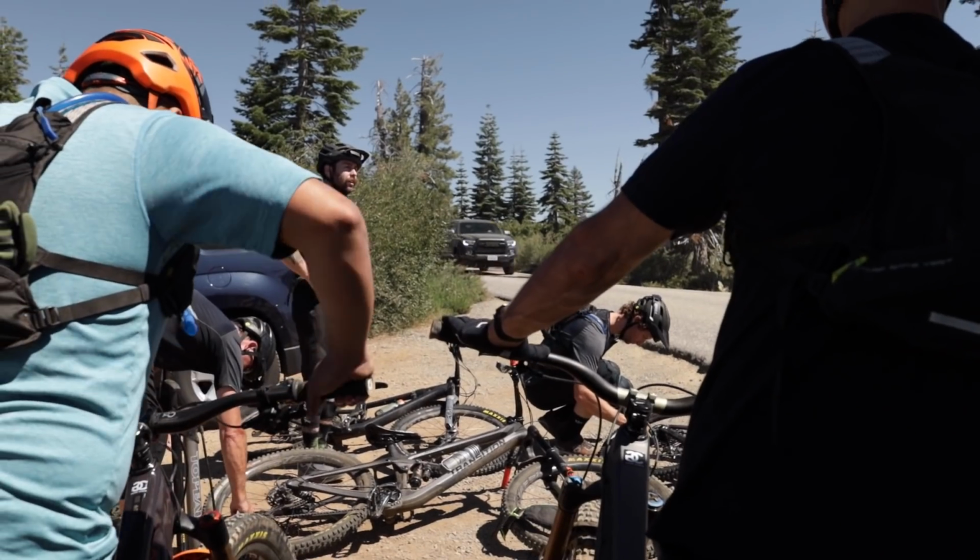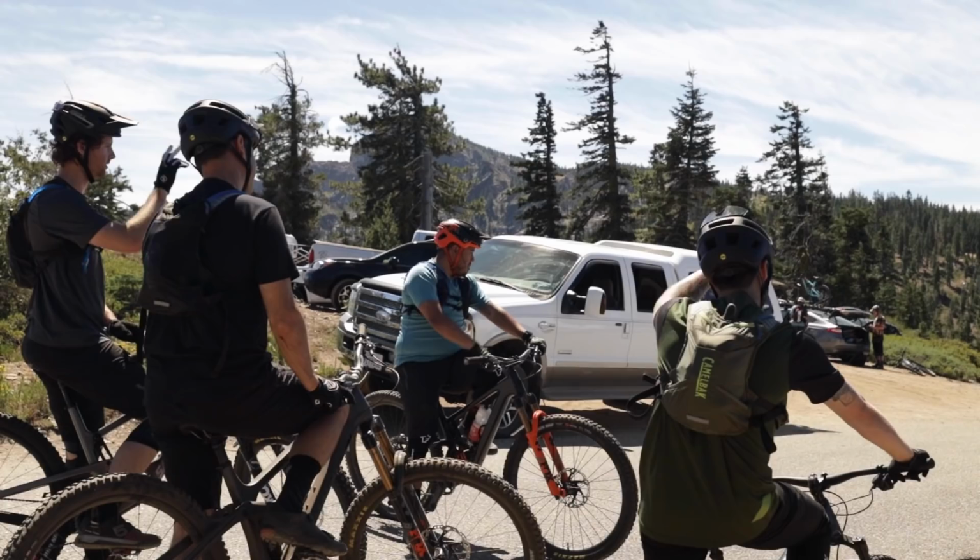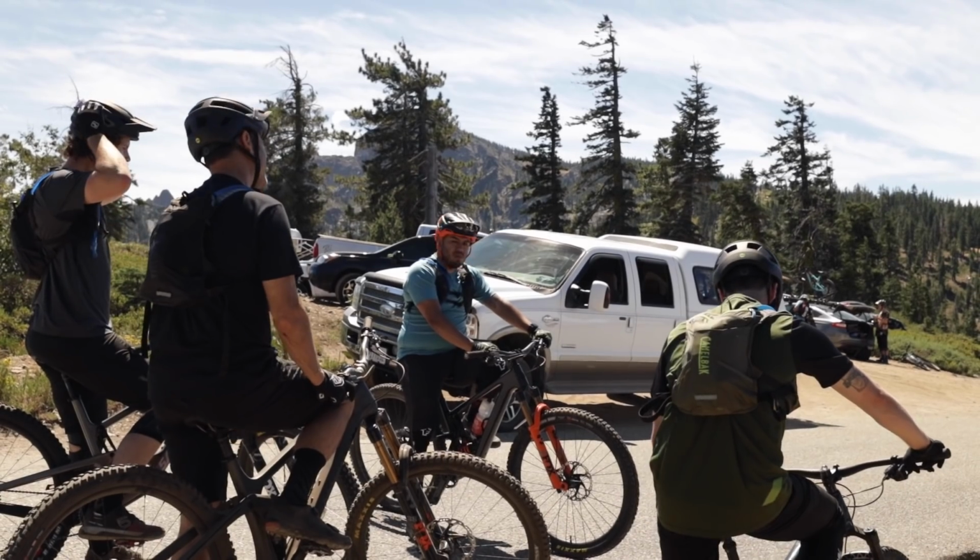Again, everything about setup is balance. So as things point downhill, you want to bring your body up. Fork pressure, bar height, whatever. Downieville is like low grade, but incredibly fast. So you want to get